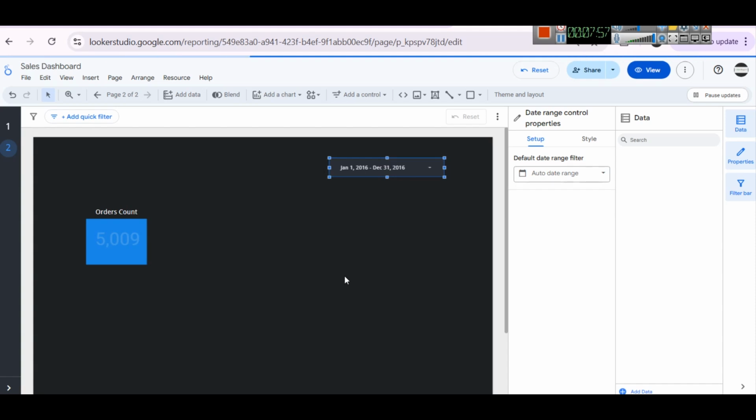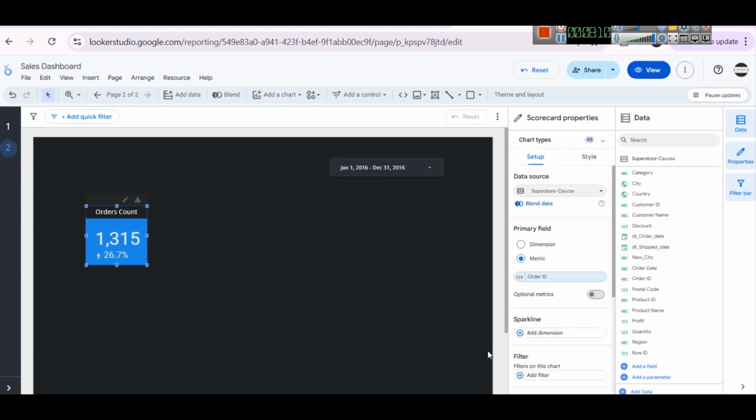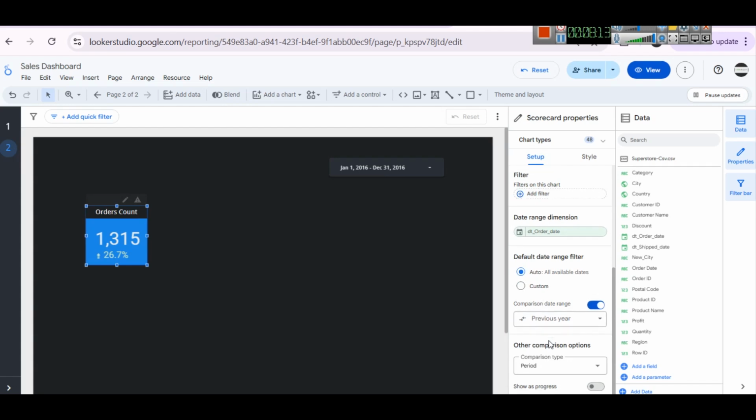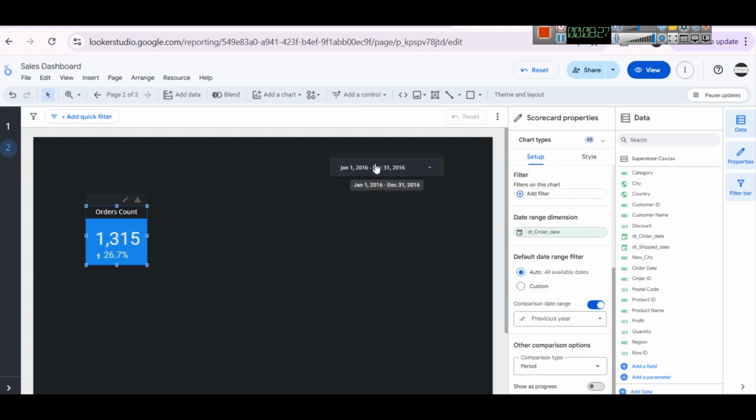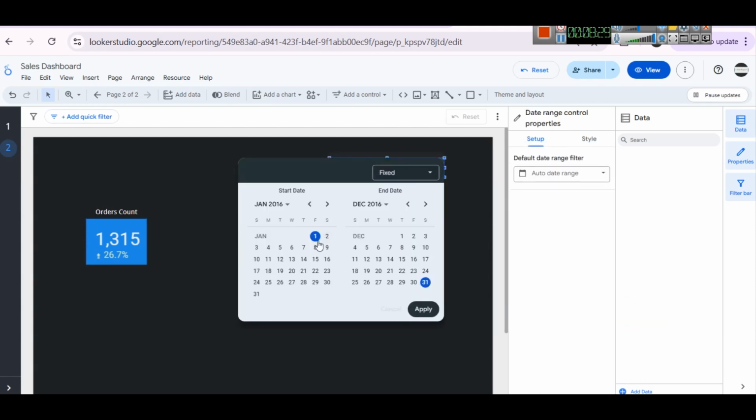When I select this, you can see I actually have a date range, and for this date range the number of orders is 1315, and they are 26.7% more than the previous period. Okay, this is what it is showing, previous year, same period last year. Similarly, if I select previous period, again it is going to select that because we have actually selected 1 year of data. But if I select from January 1